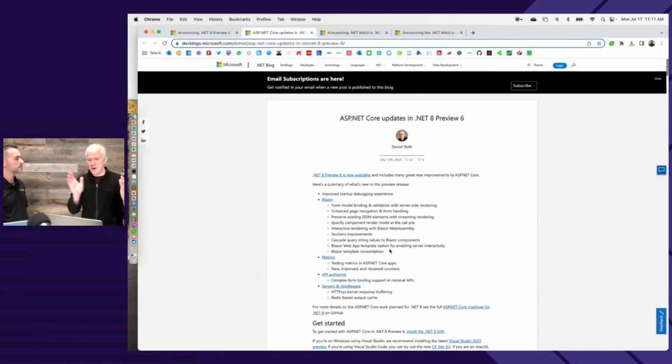But there's also a spectrum in between of progressive enhancements that, when you're doing server-side rendering, can make your app feel more responsive, more smooth and seamless, like a single-page app style user experience, but still being done with server-side rendering. For example, we're adding, we've actually already had this in preview, enhanced navigation and form handling, where instead of letting the browser issue a full request to the server and doing a full page reload in order to load the new content, Blazor will actually intercept those requests, navigations, and also form posts, and do a fetch request instead.